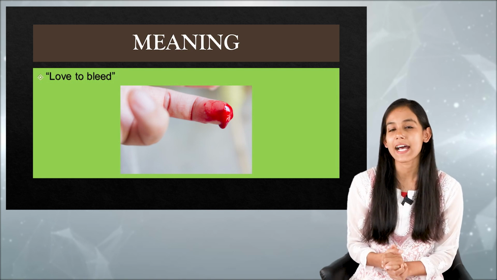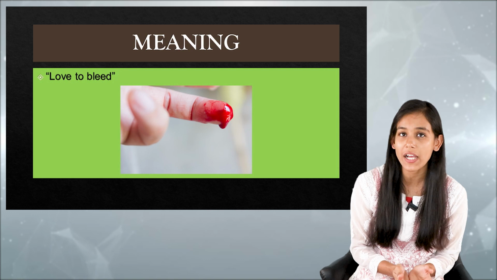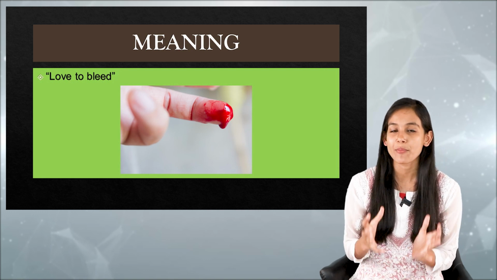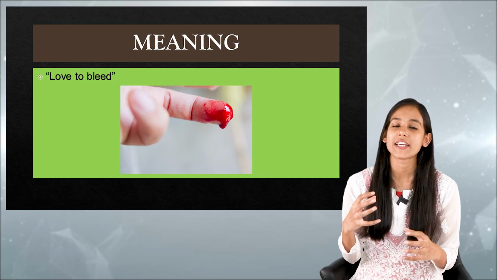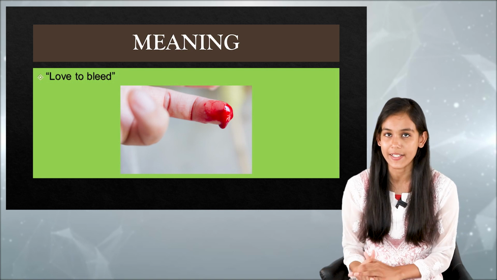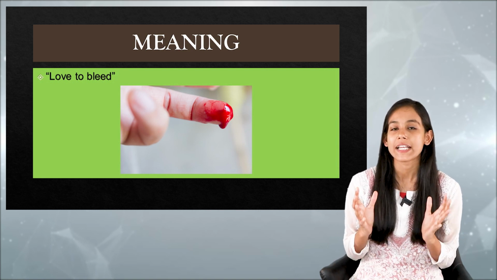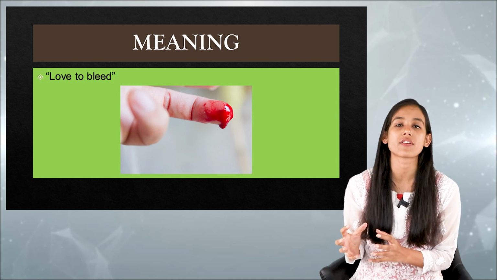But instead of saying it as love or affection towards blood, the literal meaning of hemophilia is love to bleed, we can say. So that means the hemostasis process is impaired here. One thing you have to remember in hemophilia is that the hemostasis process would be impaired. Basically, hemophilia is a coagulation disorder or a bleeding disorder, in which we can see abnormal bleeding, or exaggerated bleeding, or poor clotting mechanism. So let us next move on to the definition of hemophilia.